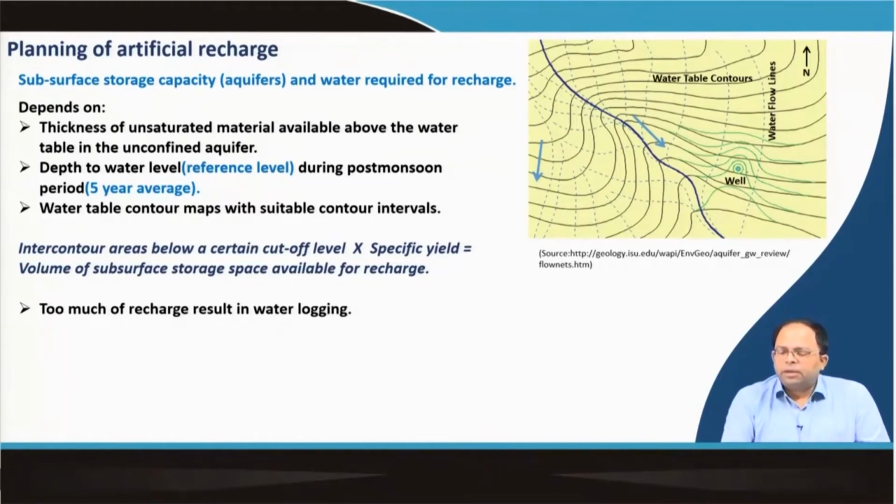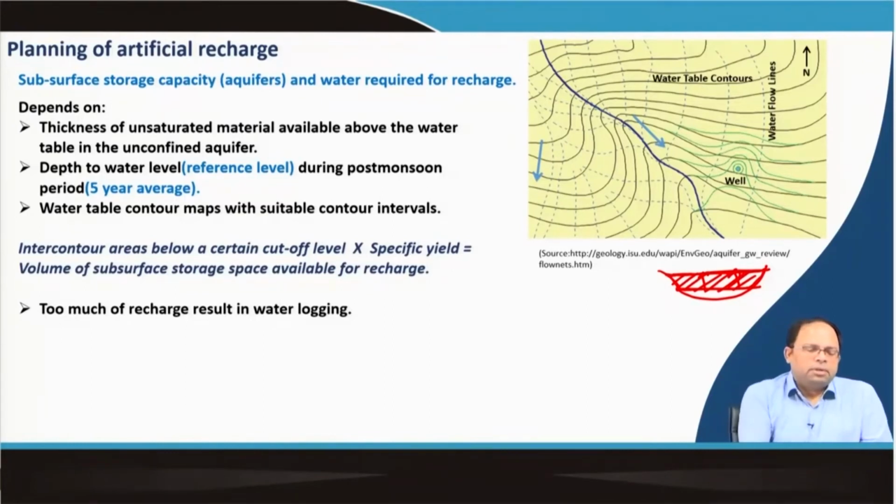So, when we compare two aquifers, and we know that right now the water table is at a particular level, we can actually determine what is the difference between two levels, and what is the quantum of water required. So, if I have an area like that, where the water table is like this, and in the other area the water table is like this, and if I want to reach this particular height, what amount of water would be required to put in there? So, we need to compute the area required for this volume of water which has to be put in. So, that is why a contour, a groundwater contour, actually helps.